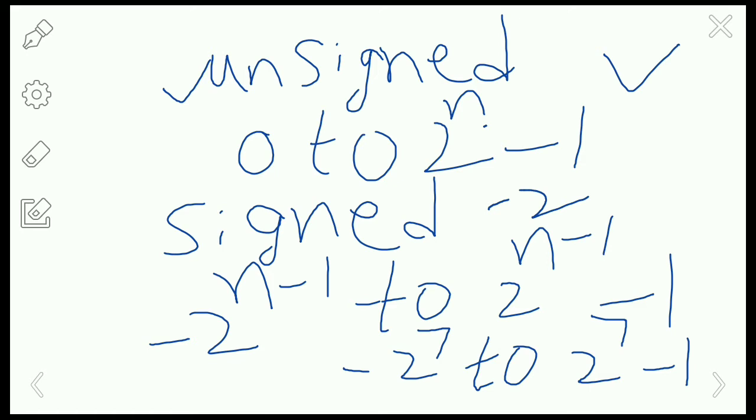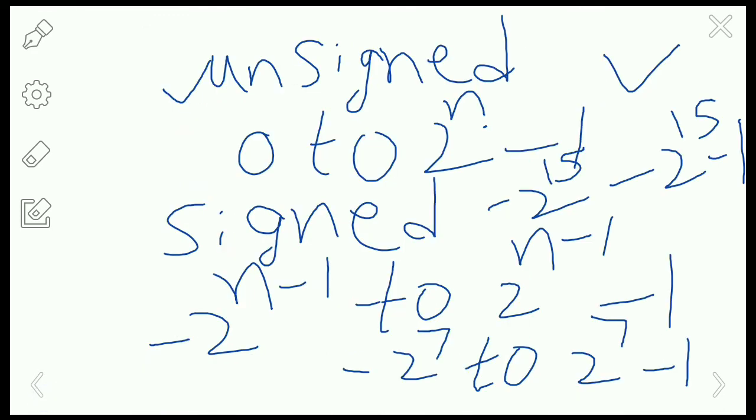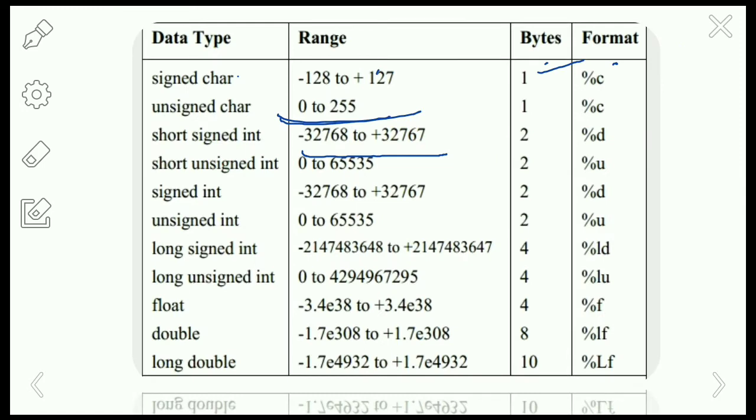So 16 minus 1, that is 15. So minus 2 power 15 to 2 power n minus 1, so 2 power 15 minus 1. If you substitute the values and find out these values, we can get the answer as minus 32768 to plus 32767. So like this we can obtain the values.